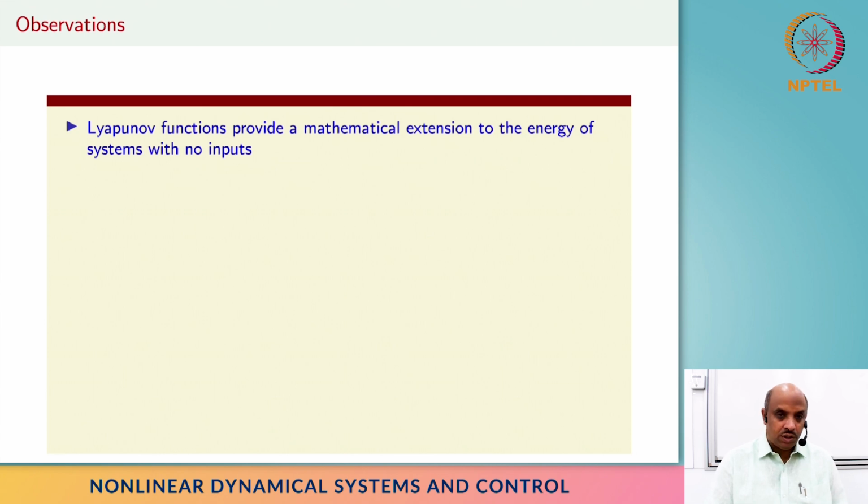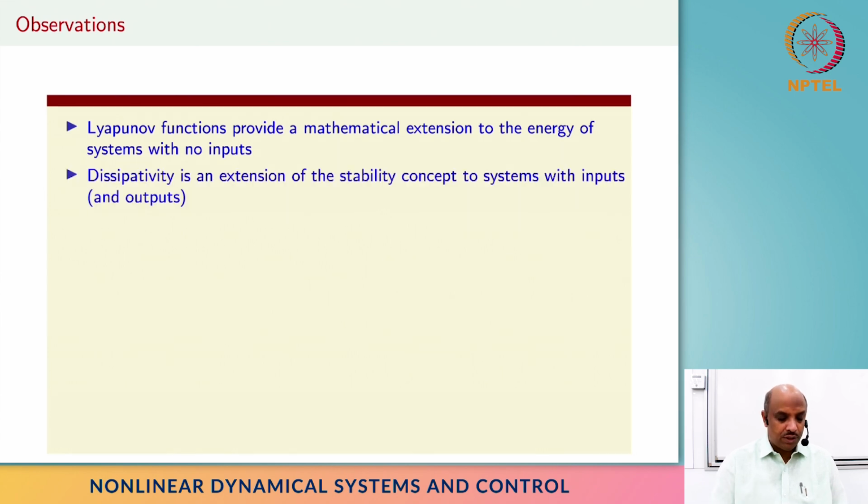So anyway, the summary of this particular lecture is like this. We know that Lyapunov functions provided a mathematical extension to energy, and they were very useful in proving stability of systems with no input. They have stability of equilibria and things like that, right? So dissipation is a natural extension of that concept with inputs, okay, and outputs, of course. So in that sense, the motivation for any of these concepts, when Lyapunov developed this concept, or Willems